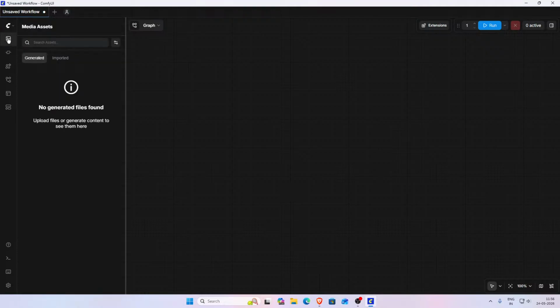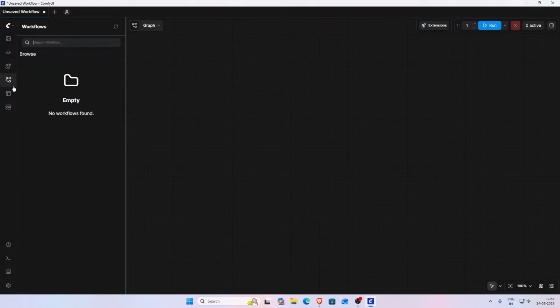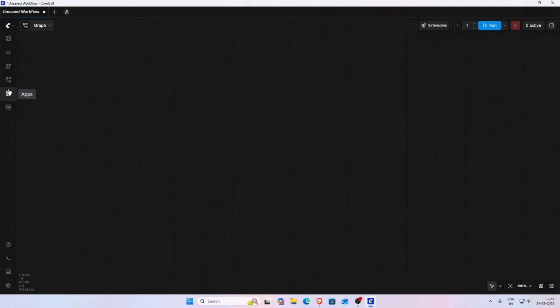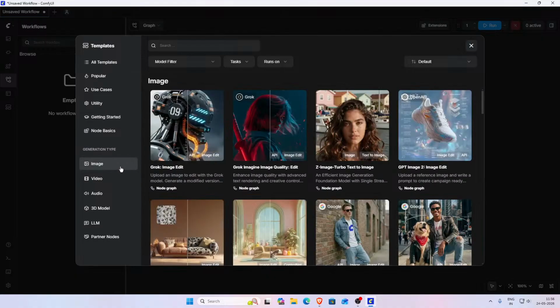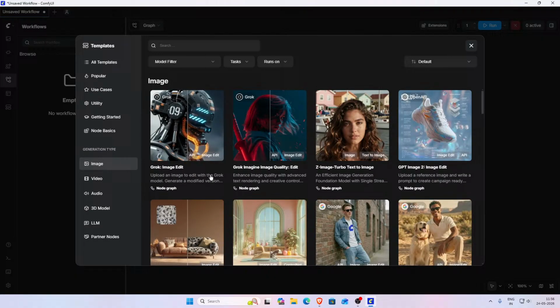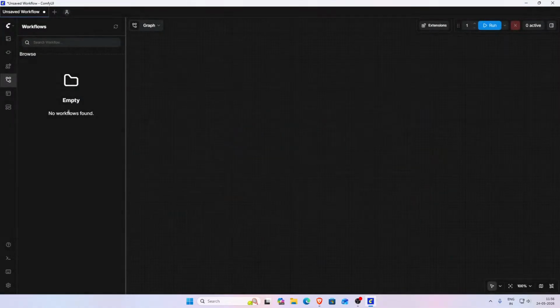I don't want to use this workflow because I don't want to use Z media assets. Workflows is empty. Okay. Let's start with image generation. Grok image edit. Upload an image to edit with Grok model. See, what I want to show you today is that now that ComfyUI has already been downloaded,